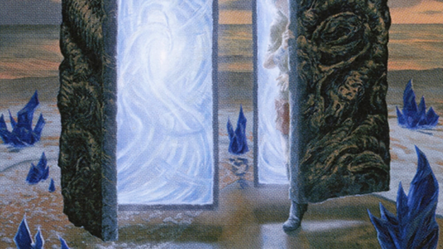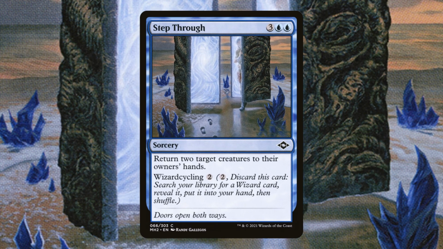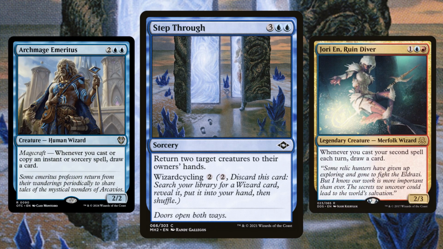Moving on, let's talk about the cycling cards. These are going to be really important early game so that we can reduce the cost of our commander. Lorien Revealed, Step Through, Frostveil Ambush, Boon of the Wishgiver are all very useful cards here. They have very high CMC, we're probably not going to hardcast them, and they're going to be solid reductions on our commander. Additionally, Step Through is going to get us our Archmage Emeritus,